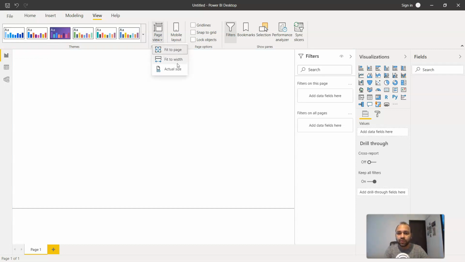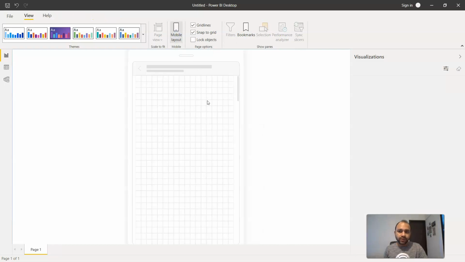What sort of view you want, like fit to page, fit to width, or actual size. Fit to page is good, where it fits based on the width and the height. If you are creating something related to mobile, then you can have the mobile layout as well. Once you click over here, it will give you a mobile sort of look and feel, and within this screen you can create the visualization,